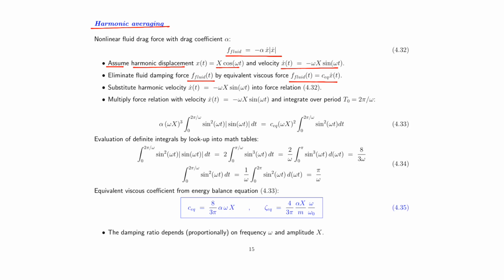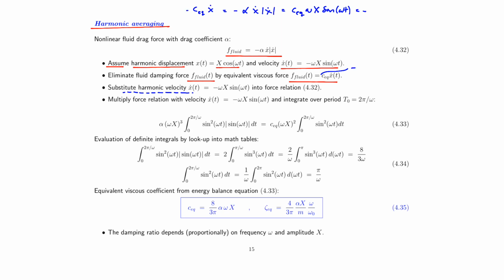So let's just write that here. So we will have C equivalent x dot equal to minus alpha x dot times the absolute value of x dot. I'm pretty sure there's supposed to be a minus in front of here. What we'll do now is that we will then substitute in our harmonic velocity, and that means we will get C equivalent, and then we'll have a minus from the velocity cancelling with the minus in front of the C equivalent. And that means we'll have omega capital X sine omega t equal to minus,